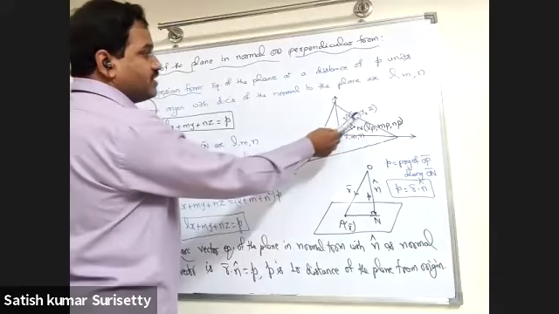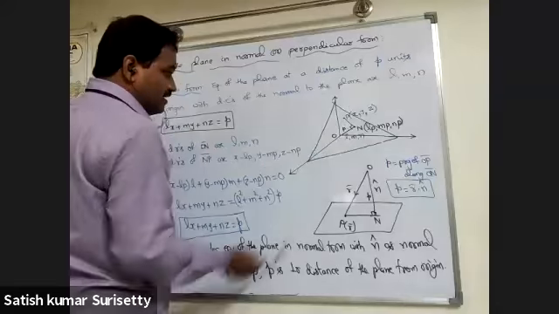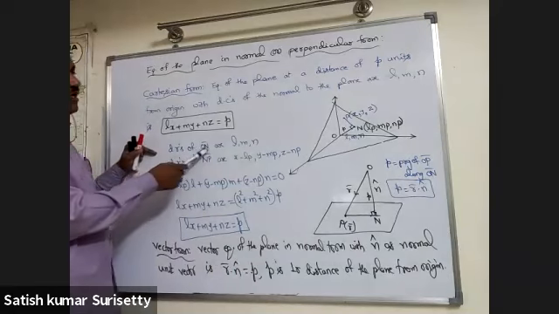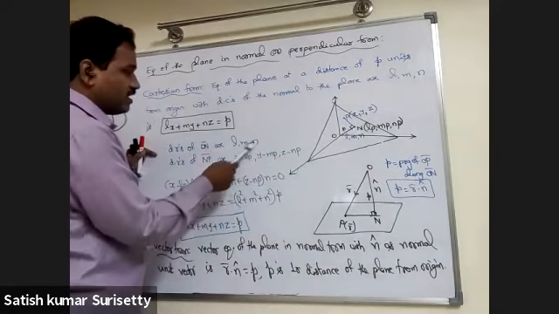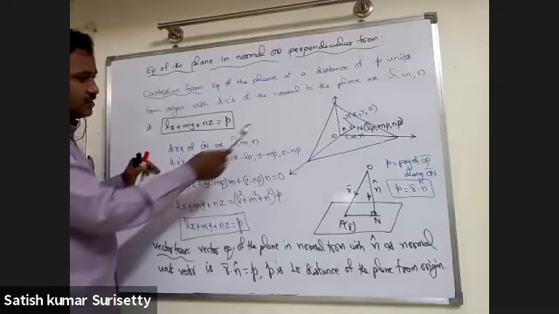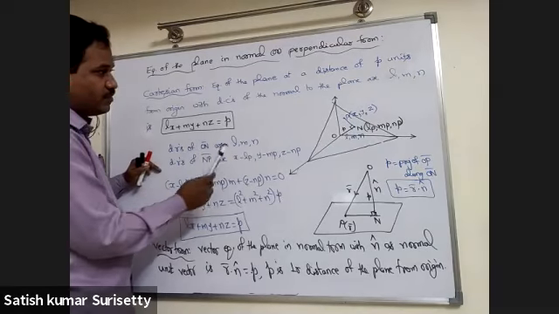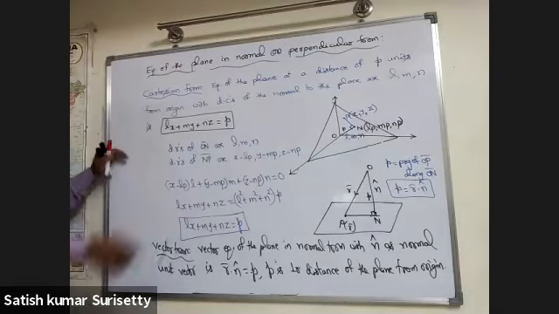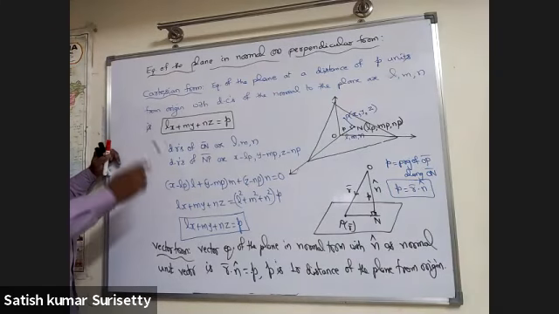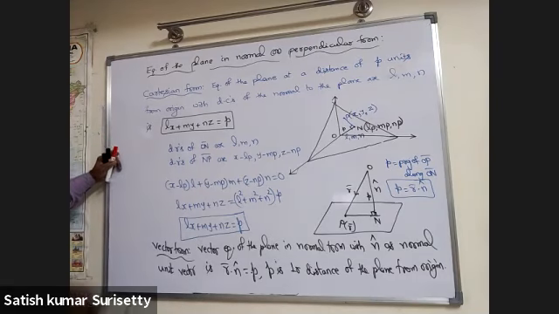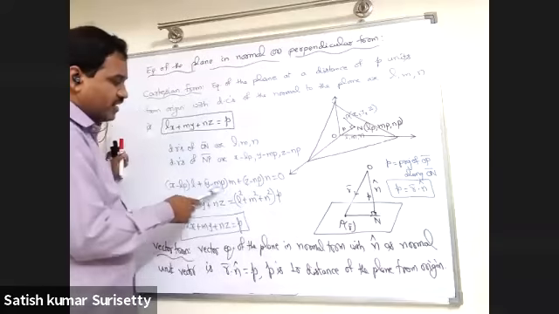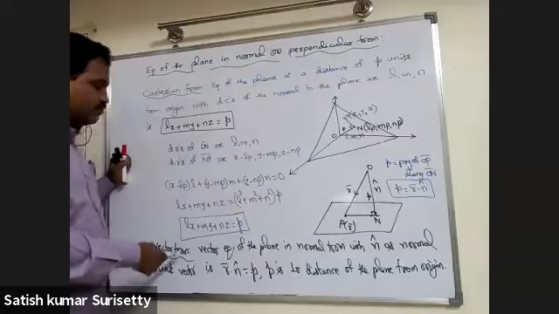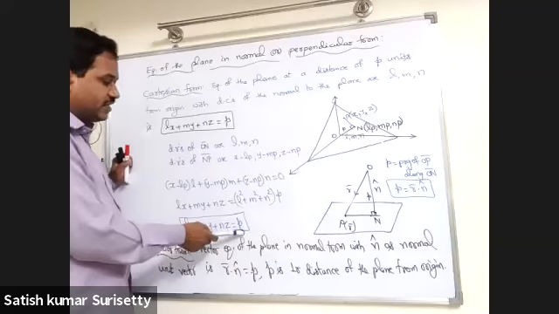If I take P(x, y, z) to be any point in the plane, then ON bar is perpendicular to NP bar. So direction ratios of ON bar are proportional to l, m, n, the direction cosines. Direction ratios of NP bar are x minus lp, y minus mp, z minus np. So their dot product is 0, that is, the sum of products of direction ratios is 0. So you can write (x minus lp) into l plus (y minus mp) into m plus (z minus np) into n equal to 0. If you simplify, you get lx plus my plus nz equal to p.